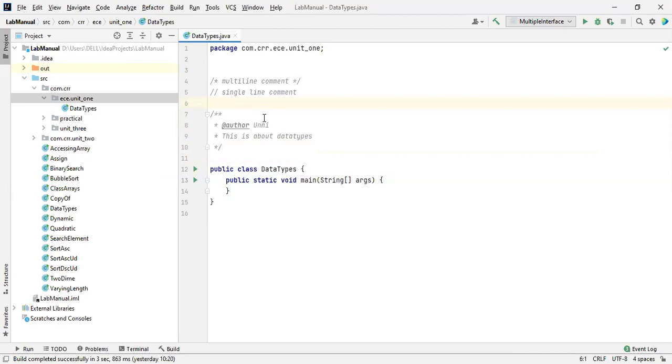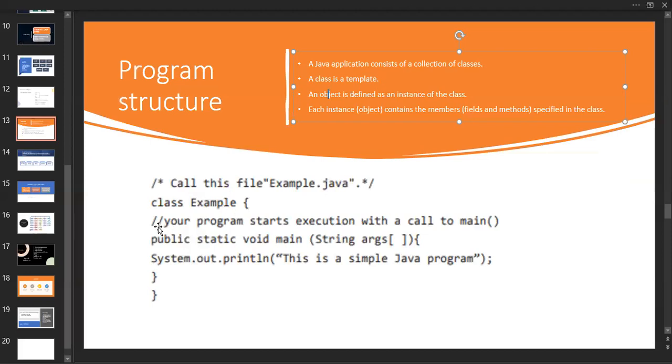Again, I'm going to share my PPT. See this one. This is a single line comment. This is a multi-line comment. The program always starts with public static void main. Why do we need this? The compiler requires that each and every program starts with the main method, so we have to use main over here, which is a keyword. This is also a keyword.